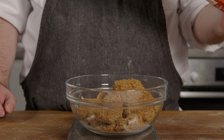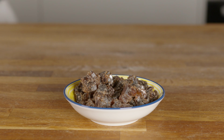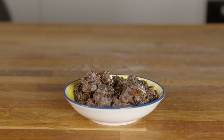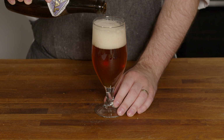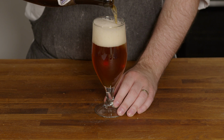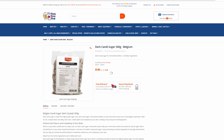Now we get to the infamous sugar and how beer aids us in this. The reason the production of candy sugar survived the challenges that beset Antwerp is because candy sugar is a crucial ingredient in the production of dark Belgian beer. As such, many brewery shops will stock it. It's a bit on the pricey side, but if you really want that special caramelized flavor you like Biscoff for,